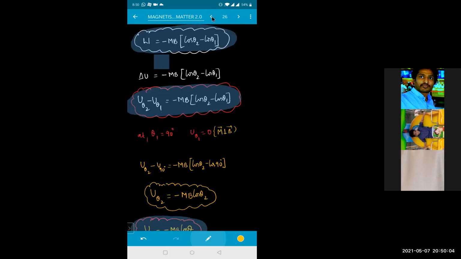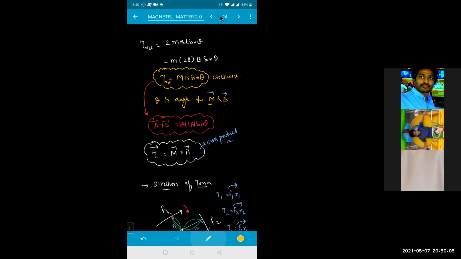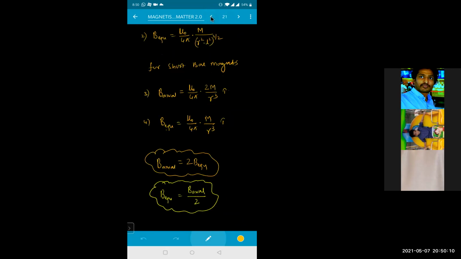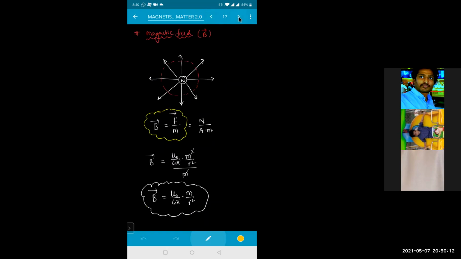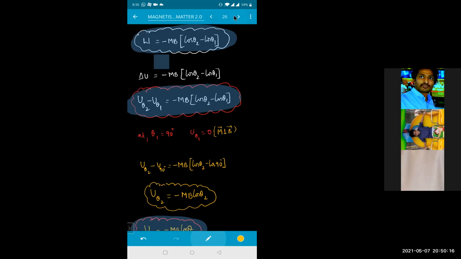Now we need to do the numericals on this one, beta. And tomorrow I'll exclusively keep a class only for the numericals based on all these topics. So make a summary of all the formulas on a paper and try to learn all the formulas related to this, especially work done and all these things. I'll try to help you out in tomorrow's session of your class. Shall we do one example based on this one, so we'll get clarity?